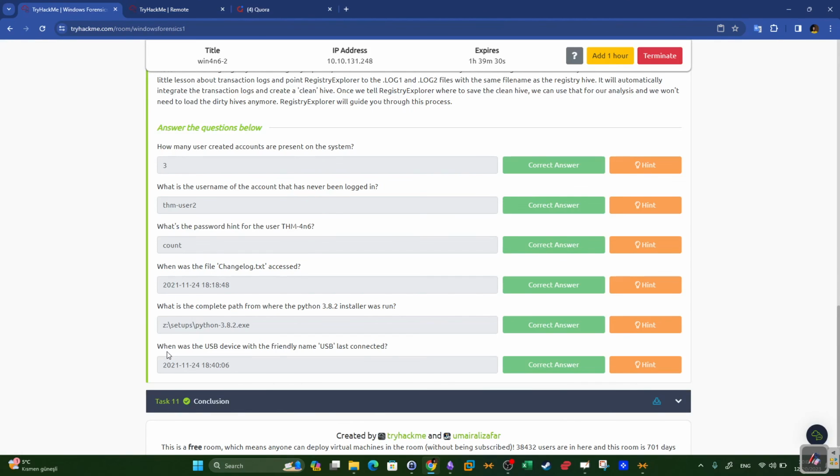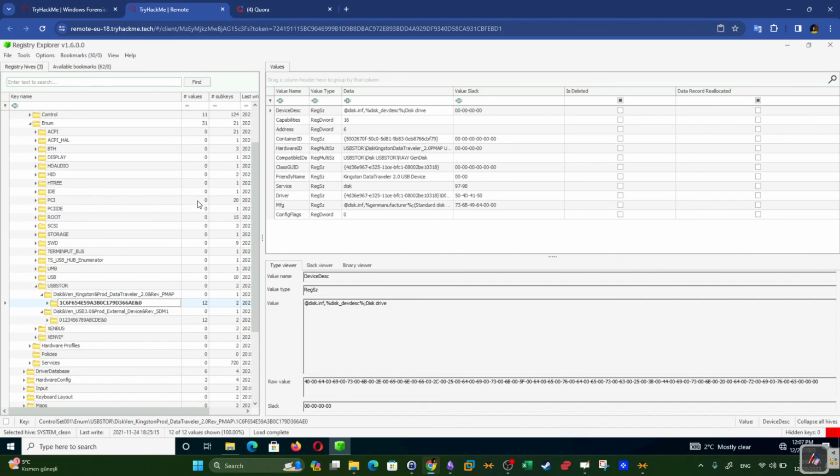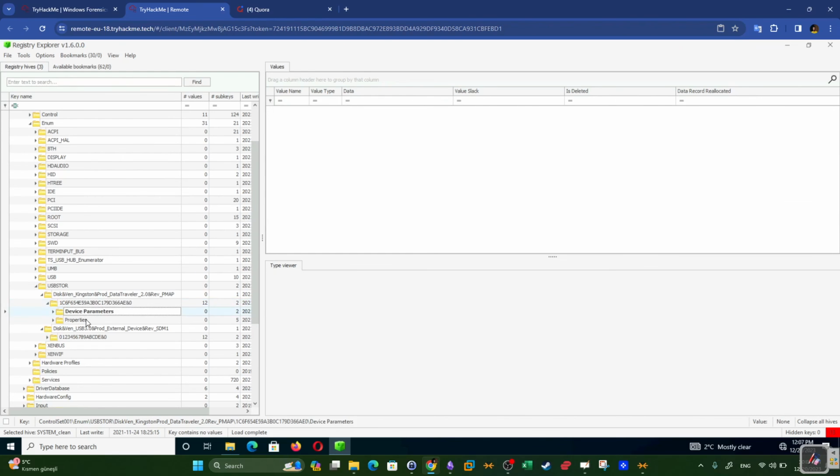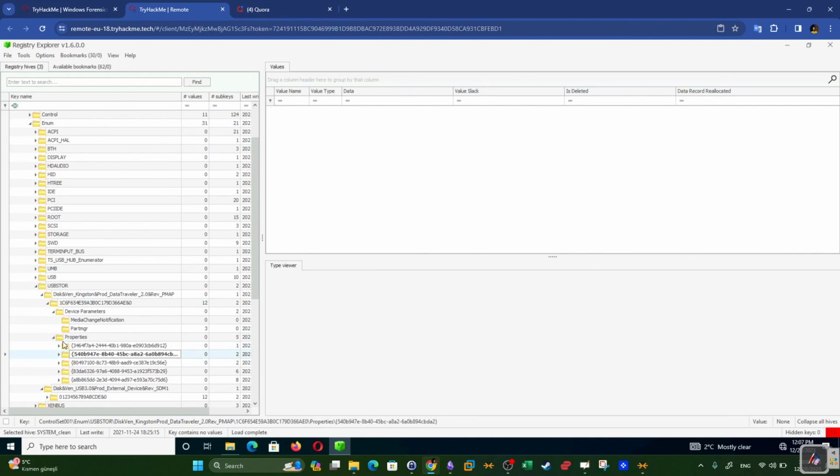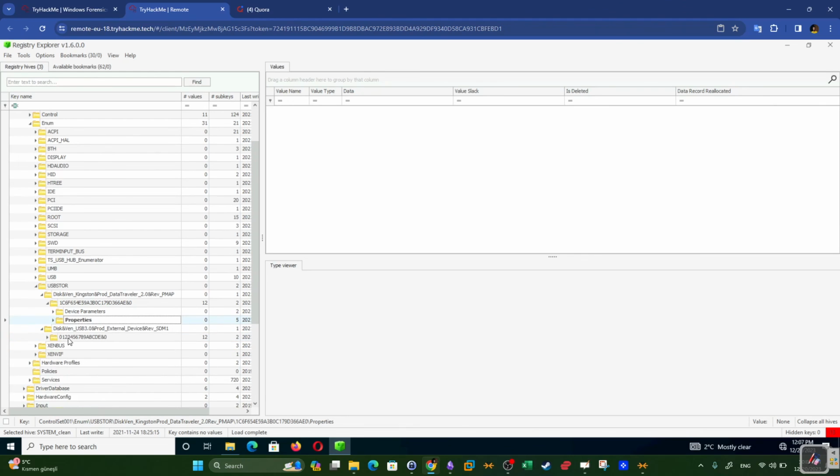So let's see the question. When was the USB device with the friendly name USB last connected? Okay, so we have something here to note: friendly name. So looks like we're gonna have to look up a column named friendly name. Let's start with the first one. So this subkey has this information, but we don't see a friendly name here. We see only data, device parameters, device properties. Okay. The other one,